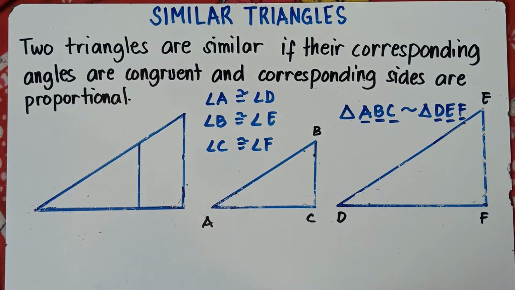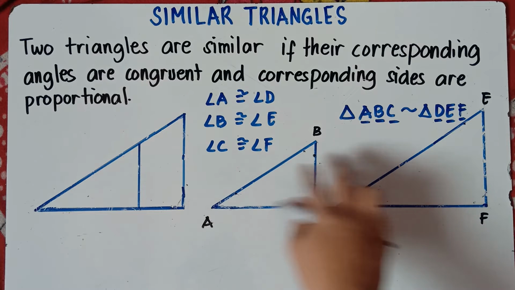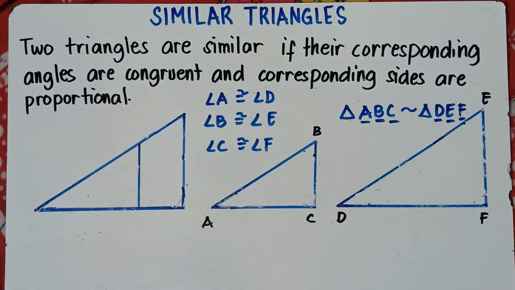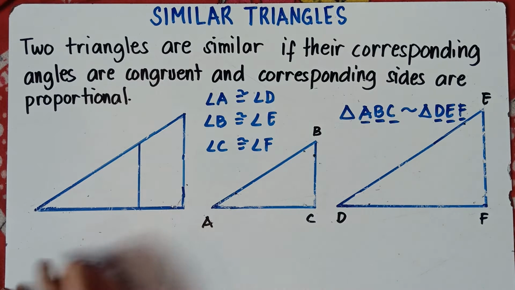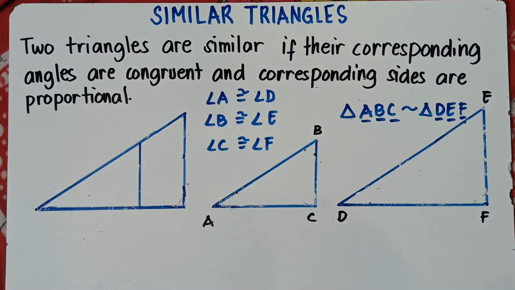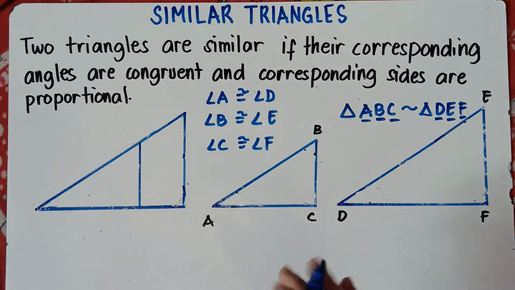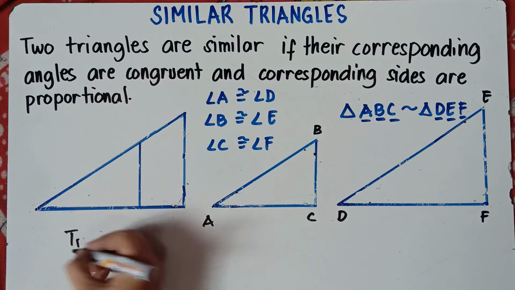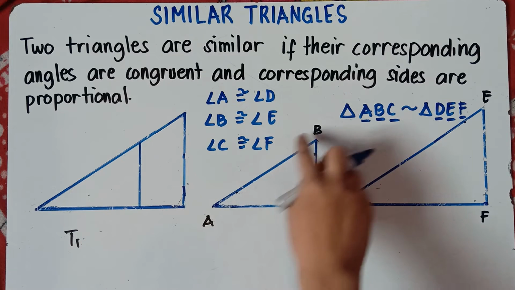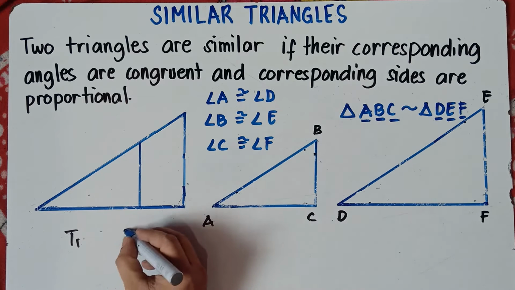Now, if the two triangles are similar, class, we can make proportions. The ratio of their sides will be equal. I hope you understand this one, class. If you understand this one, later on we will be solving problems, finding the sides. So let's have triangle 1. Triangle 1, we can say that the side AB